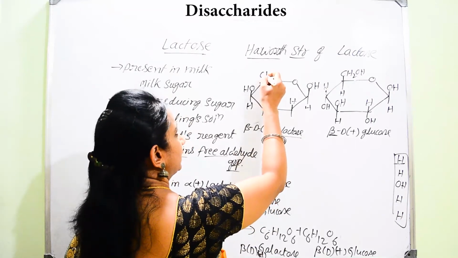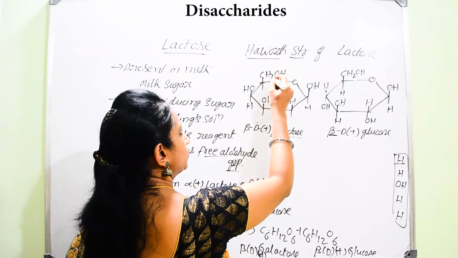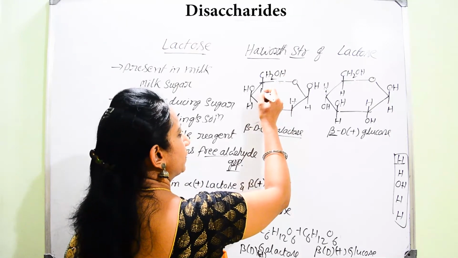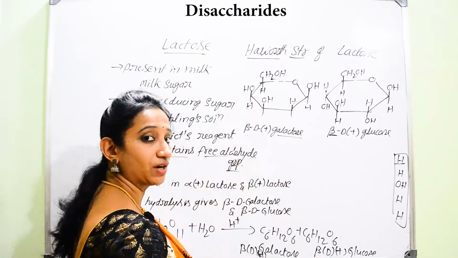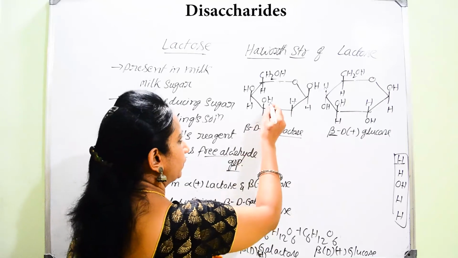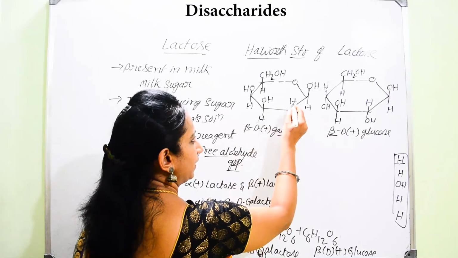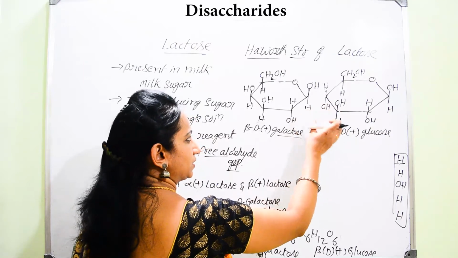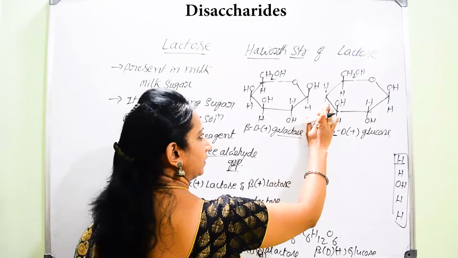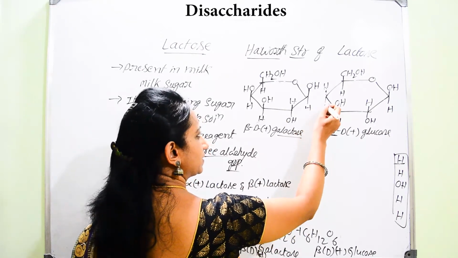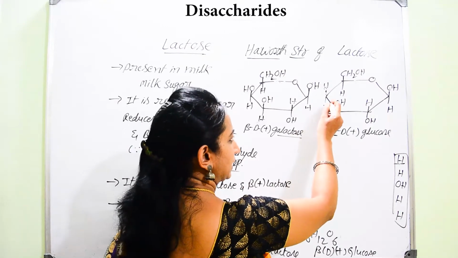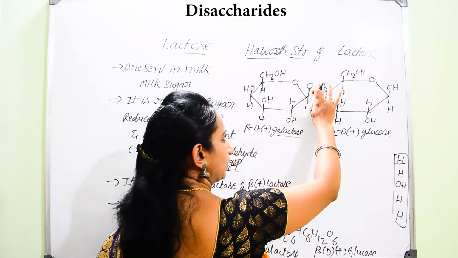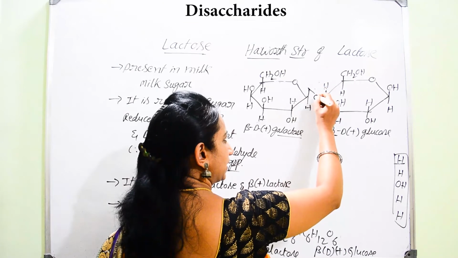Now of course the terminal position is always CH2OH, and opposite to CH2OH is always H, not OH. And for OH, it is H, H, OH. Now you don't give the structure as it is, I have written here. Now there will be a linkage, isn't it? This OH is lying below, this OH is lying above. Therefore there is a cross linkage.